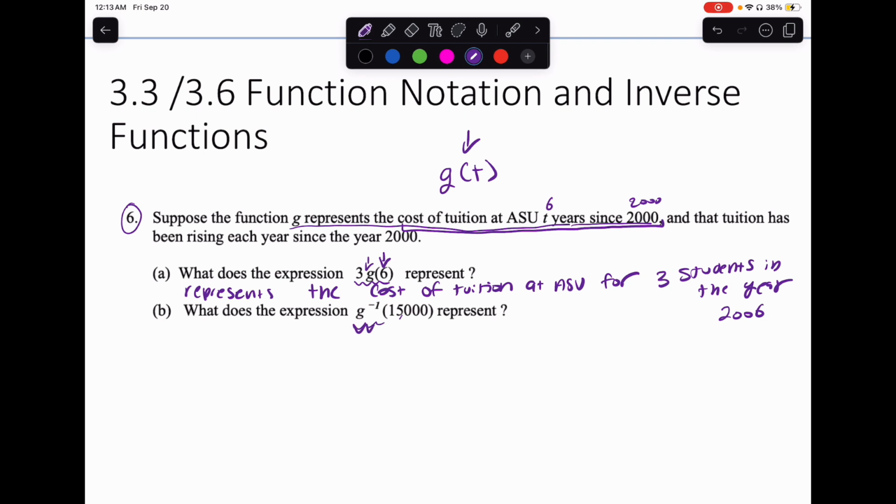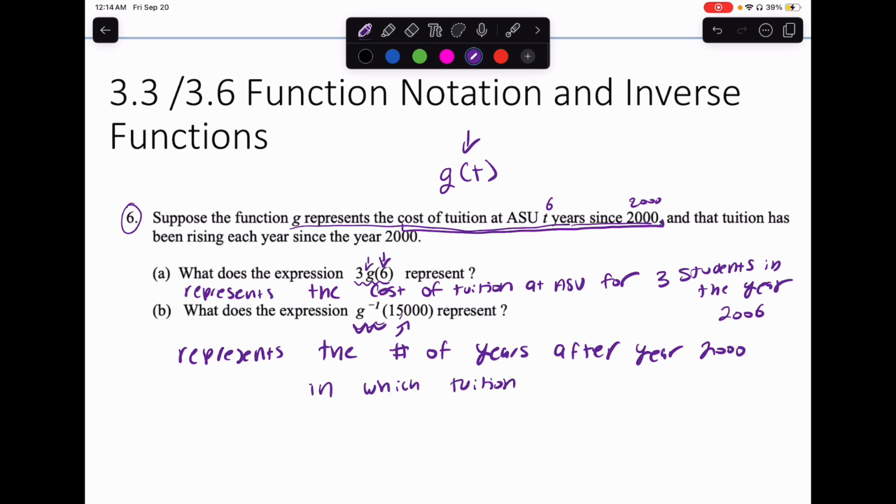But now if we're looking at the inverse, our independent quantity is instead the cost of tuition at ASU. So when we ask what the expression G inverse of 15,000 represents, that represents the number of years after year 2000 in which